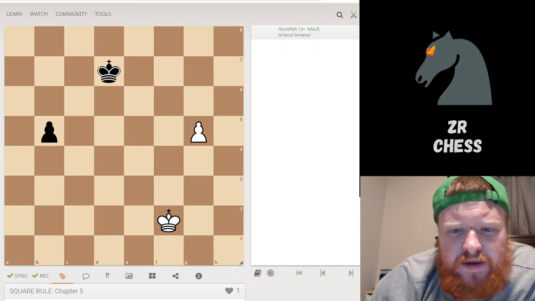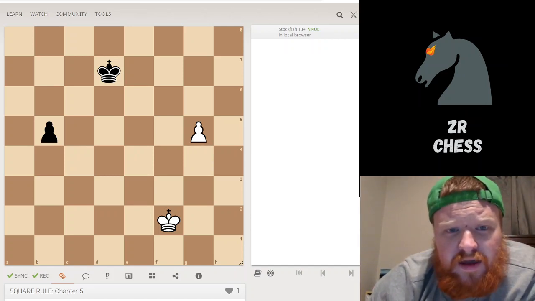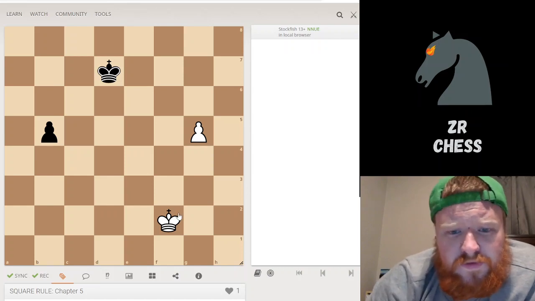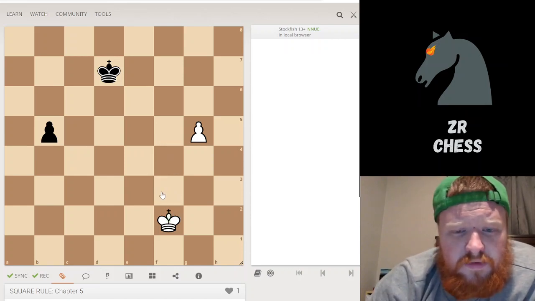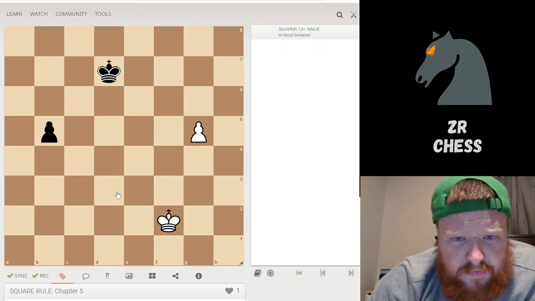Now, what we're looking at here is we need to calculate not only how the black king can attack the white pawn, but how the white king can attack the black pawn. And it gets a little interesting here, because if white wants to, he has time to bring his king up and protect this pawn and push it to victory. The black king can do the same. However,